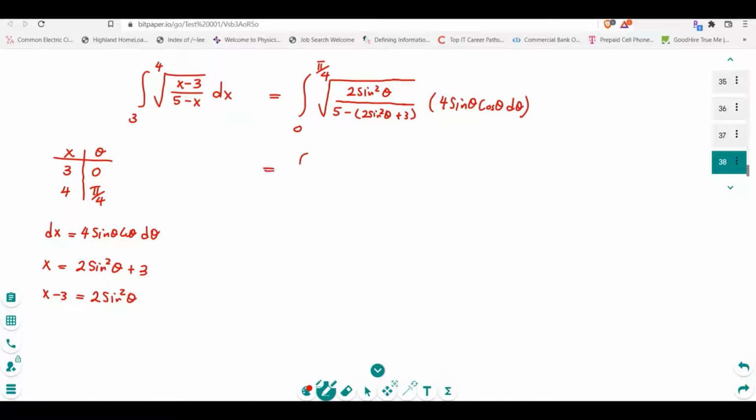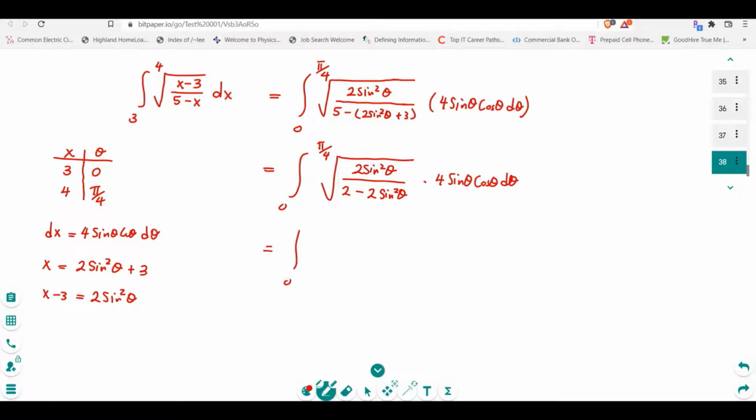So further simplification, we'll get in the numerator 2 sine squared theta. In the denominator, we are going to get 2 minus 2 sine squared theta, and here we'll have 4 sine theta cosine theta d theta. Now let's see whether we can simplify this further. You can see inside the square root there's a 2 in the numerator and there's a common 2 in the denominator, so those 2 cancel out, and